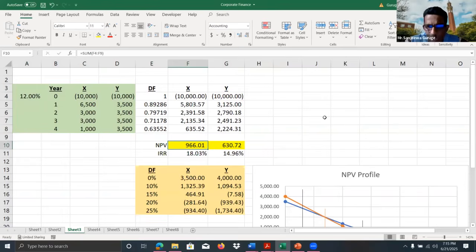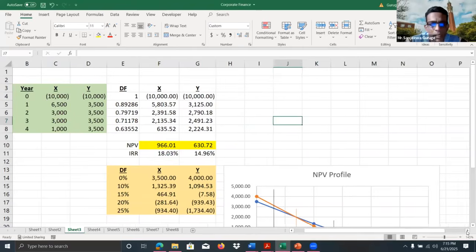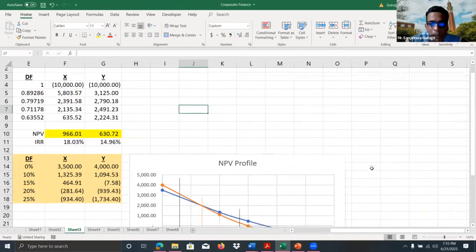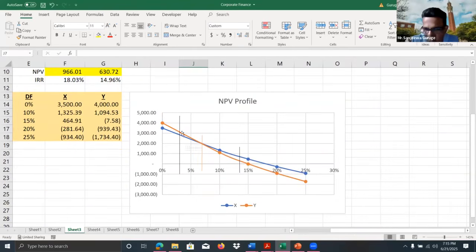So that's why it is necessary to identify whether, if the cost of capital changes, there can be a conflict. The best way to identify that without doing all the calculation is to use this NPV profile concept. The NPV profile, as I mentioned earlier, illustrates the relationship between net present value and the cost of capital. And the relationship is non-linear, right? The relationship is non-linear.